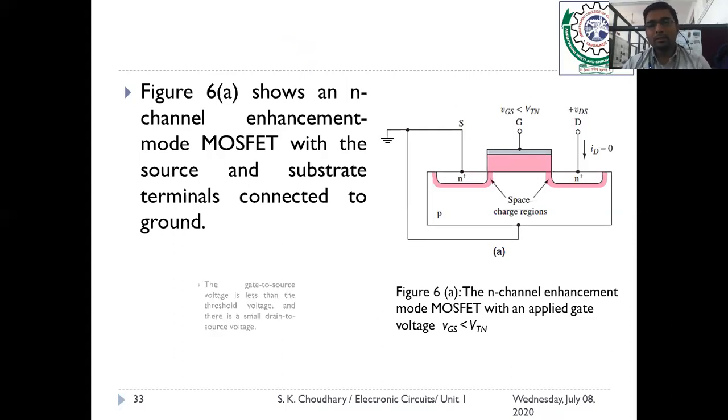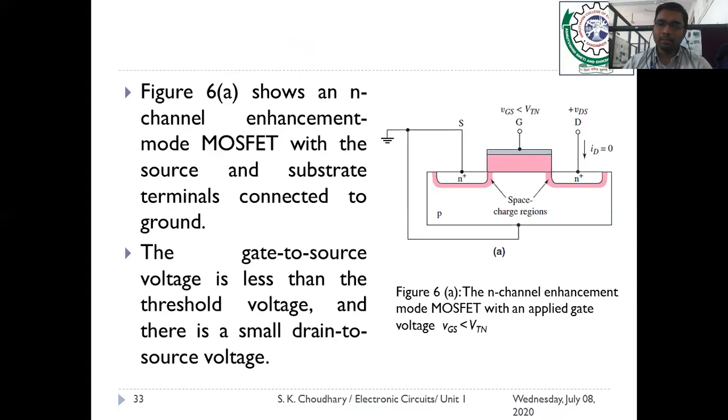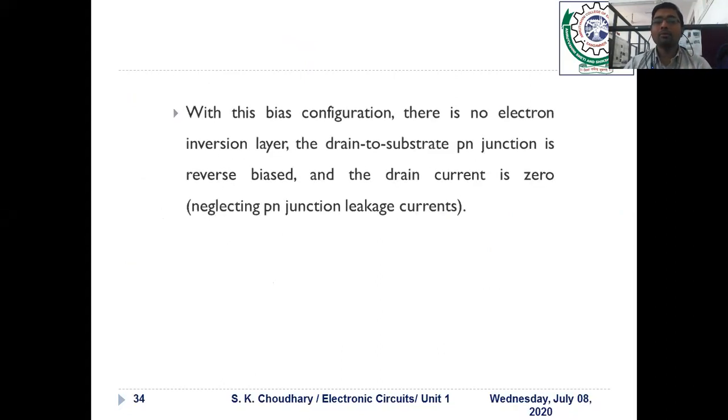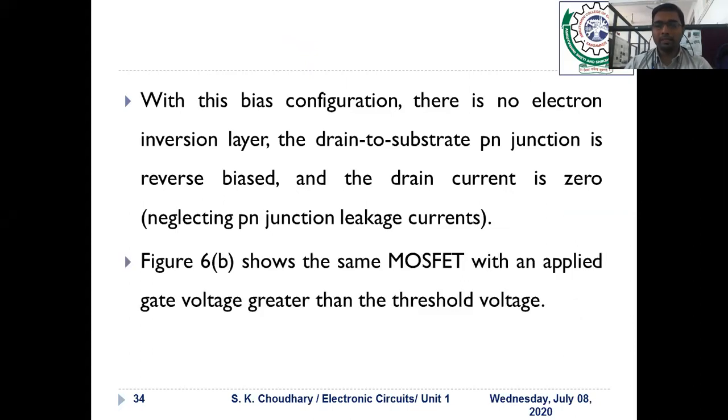As we have already seen, if the VGS is less than the threshold voltage, even if there is a positive drain to source voltage, the inversion region would be absent, and due to that the current would not flow across the channel. But if you increase the VGS in the positive direction, more than the threshold voltage, then the inversion region would be created below the oxide layer and above the substrate, and that would form a channel, and that is an N channel because it is made of electrons.